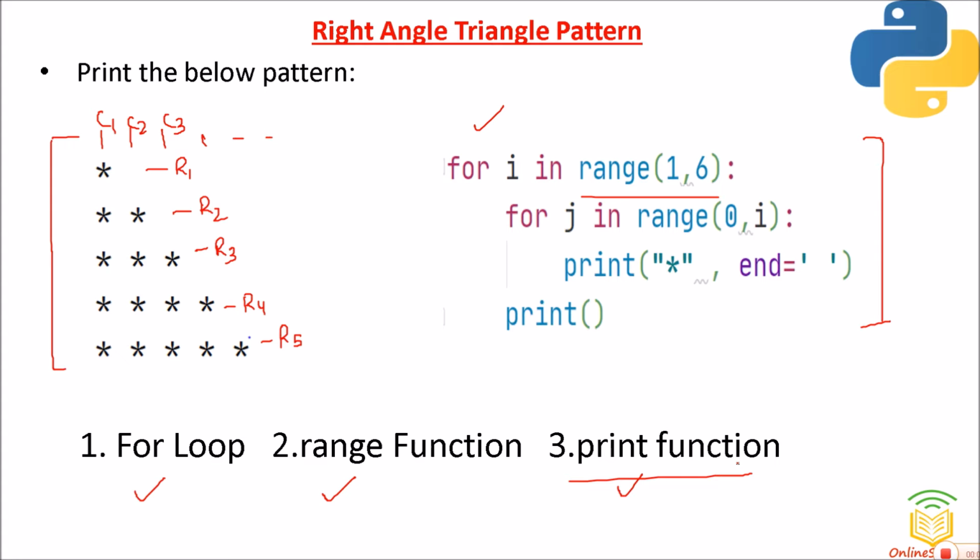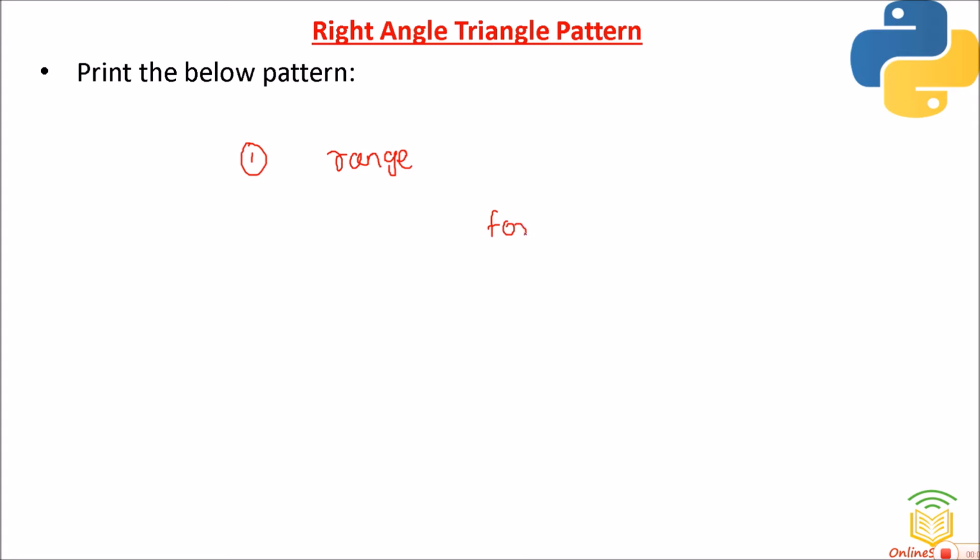Now we'll understand, friends, how the range function works. If I say for i in range, friends, range is a function. Range takes a start and a stop. For i in range we have to give the start and stop value. You have to give a colon here, that is the syntax. So for i in range 1 to 11.